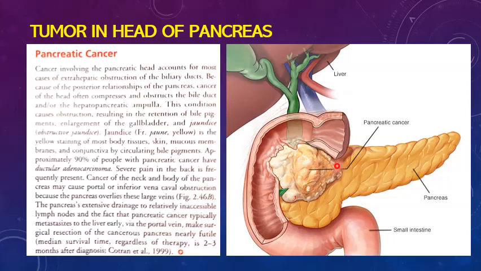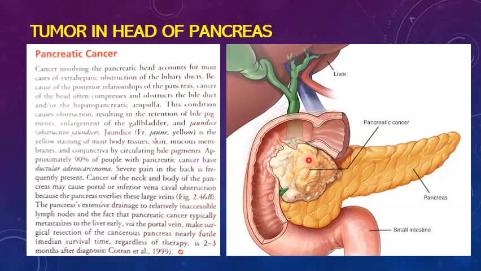Now the neck is posteriorly related to the trunk of the portal vein, right? So this growth may compress the portal vein, producing ascites. That is, accumulation of fluid in the abdomen is called ascites. So that can be one consequence, or it constricts the pylorus, producing pyloric obstruction. This growth may extend upwards, and because this area anteriorly is related to the pyloric end of the stomach, this growth may cause compression of the pyloric end of the stomach, resulting in obstruction,